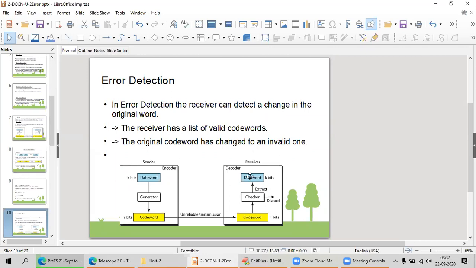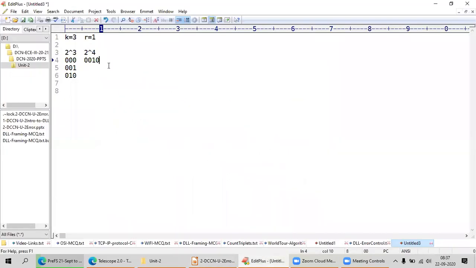In detection, the receiver can detect a change in the original word. The receiver has a list of valid code words. Every time I send, say, 10010, if someone has modified it to 1010, then I know that I should not get this message as information.